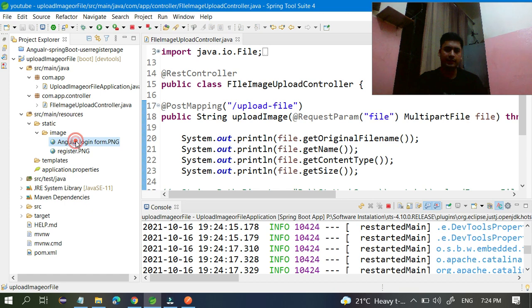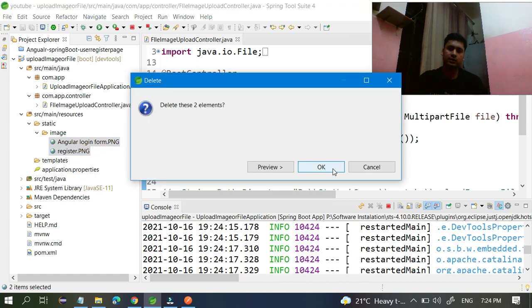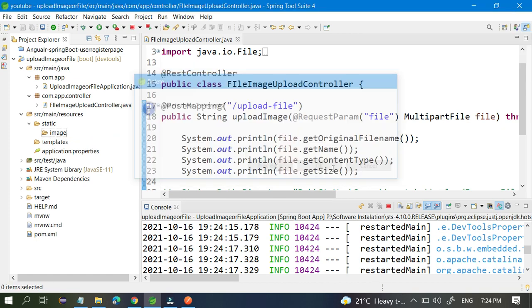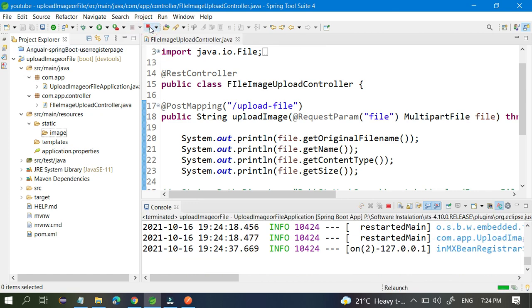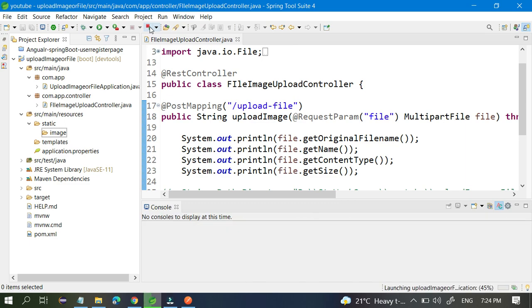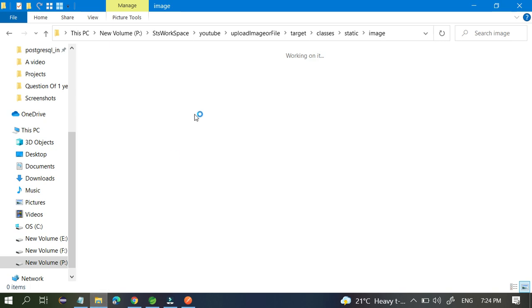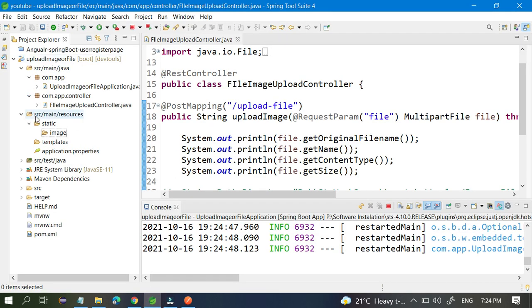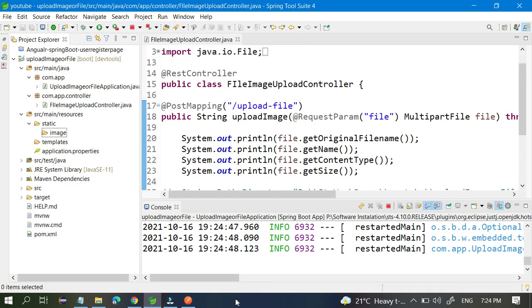Delete these two files and rerun one more time, then go to your file. You can see there are no images because you deleted them from the src. Now I am going to send data again because my application is running. I want to send some file again, uploaded successfully. You can go to your file and see the data is uploaded.